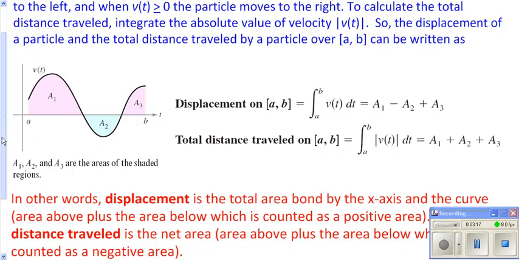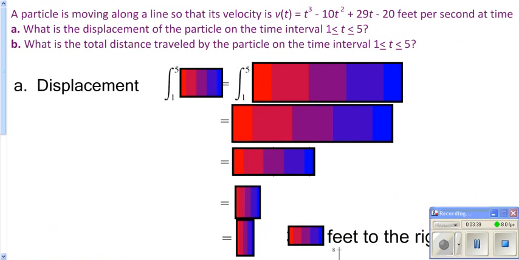Total distance traveled, though, is the area of this added together, plus the area of this, which we're going to count as positive, which is really the absolute value of that. So really, it's the absolute value of this, absolute value of this, absolute value of this, all added together for your total distance traveled. So for this particular problem, we have our velocity given to us by this function in feet per second